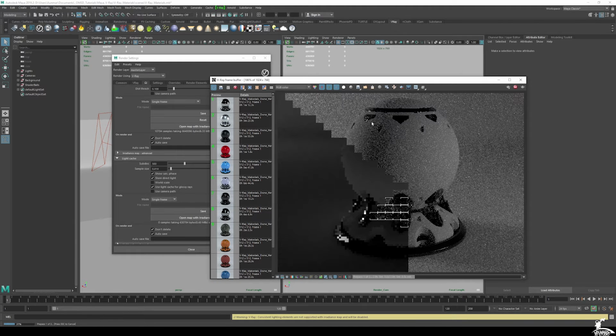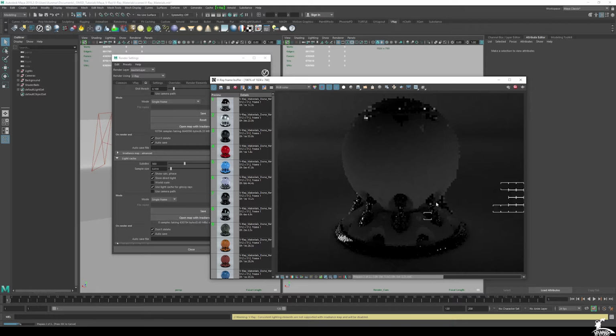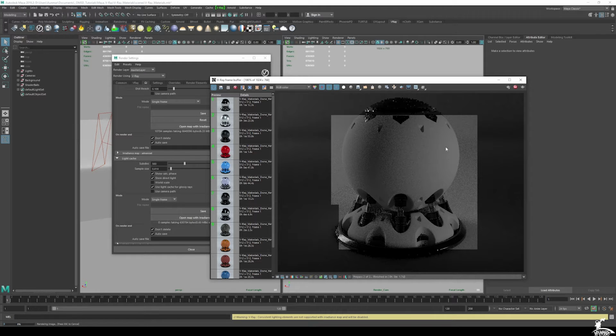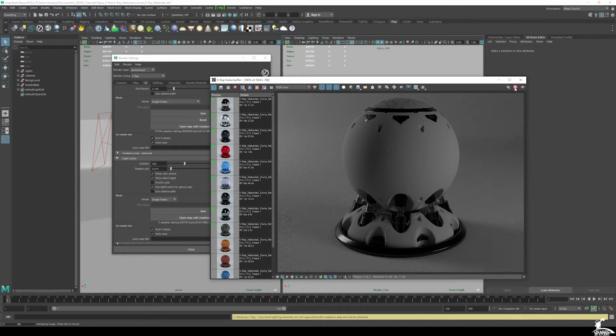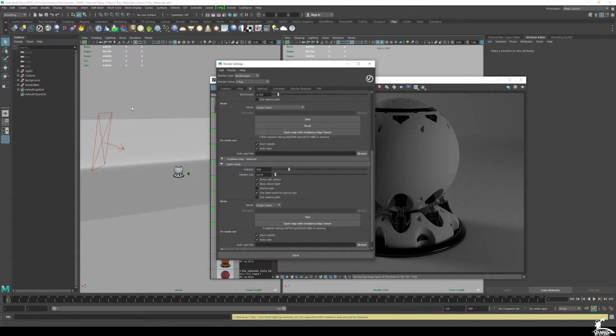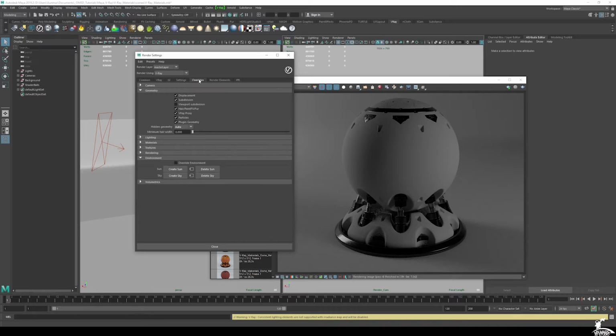So if I go ahead and render, you see that we're starting to get light in our scene, which is great. But at the same time, it's still pretty flat. And ideally, you're going to want something with a bit more light to be able to see the material details and how it interacts within the environment. So a good way to do this in combination with using these V-Ray lights is that you can use environment override. So if I go to overrides here in the render settings and enable environment override,